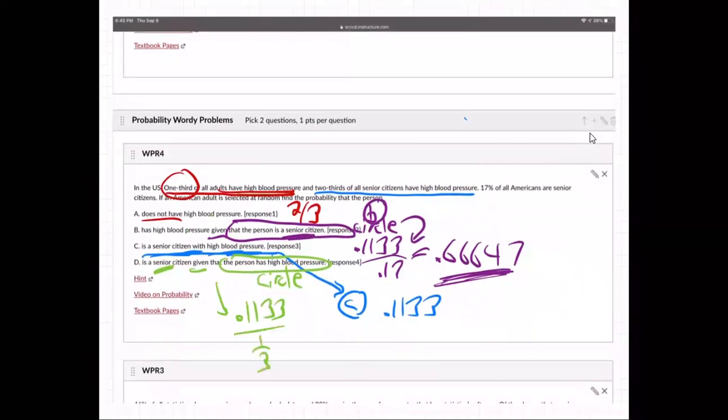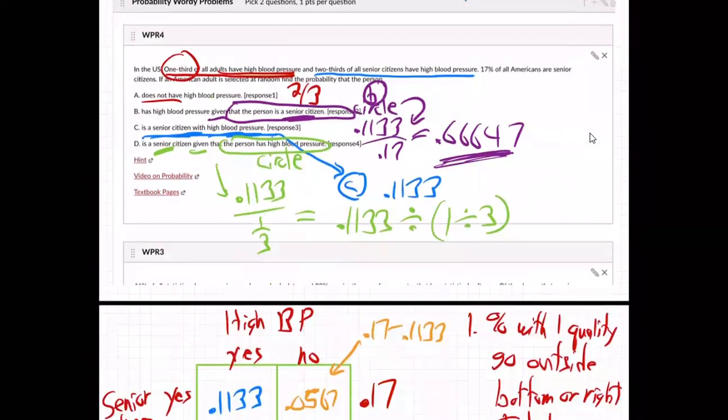0.1133 over 1/3. So take your calculator, take 0.1133 and go divided by, oh, and you need to put parentheses around the 1/3 like that. Whenever you have two things in a denominator, like we have a 1 and a 3, two different things, or, you know what, probably easier for you, let me change it. Just divide it first on your calculator. Just take 0.1133 and then just divide this on your calculator. That'd be easier for you. You'll get 3's forever, then just divide that. And you'll get,